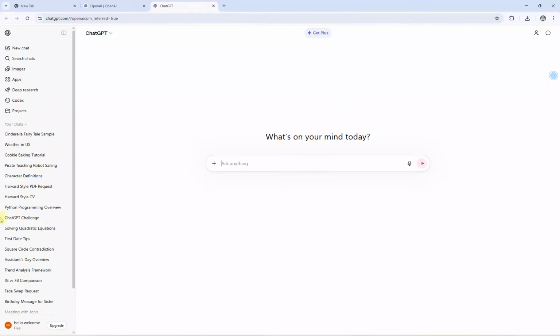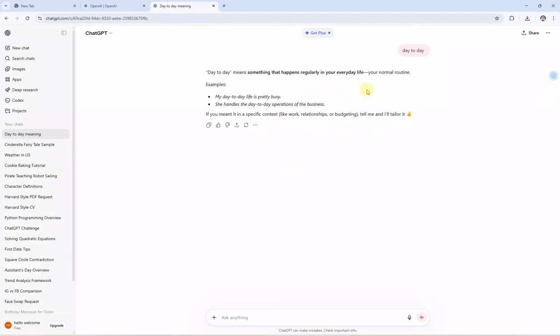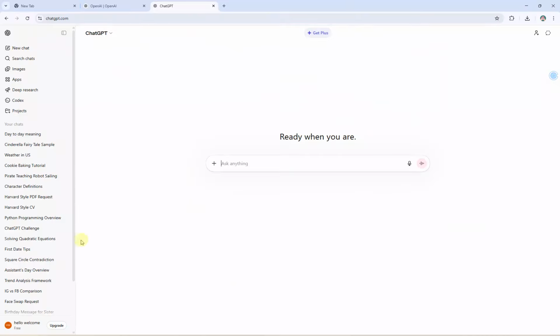Here, you'll notice a simple and clean layout designed to make your interaction with the AI easy and intuitive. The center of the screen is where the conversation happens. You'll see a text box at the bottom where you can type in your questions or prompts. Above this input area, there's usually a prompt to start the conversation, such as "ask me anything." As you type your messages and hit enter, ChatGPT's responses will appear in bubbles above, just like a chat conversation